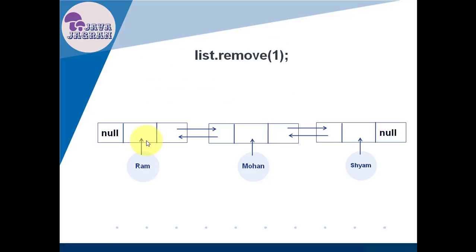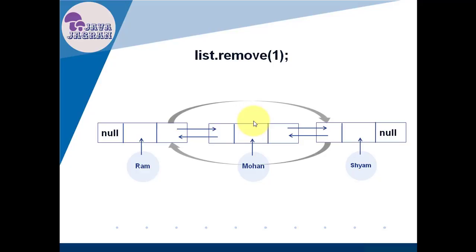So now next we are coming to the remove method. How will the remove method work? Suppose a remove method has two versions, one remove with the index and one remove with the object. Remove with the index works like get: it will start traveling from the first. Wherever the index gets matched with the counter, it will interlink the